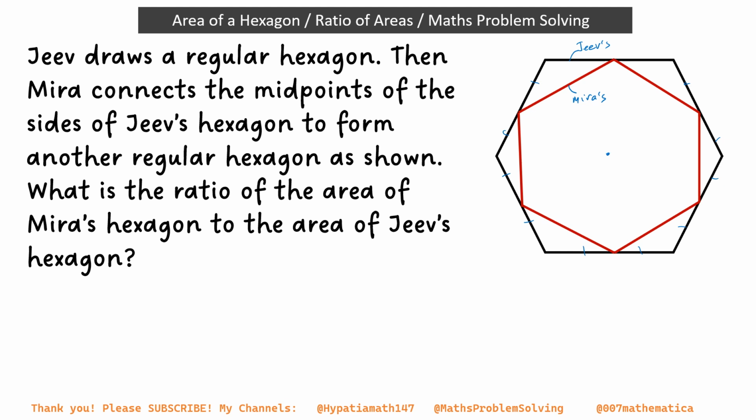So if I have a center here, first let me find the area of Mira's hexagon. If I join the center to the vertices, then I would have 6 equilateral triangles, because this angle is 60 degrees, and the internal angle of the hexagon is 120 degrees, so that's 60 and 60. If I call the length of the sides x for Mira's hexagon,